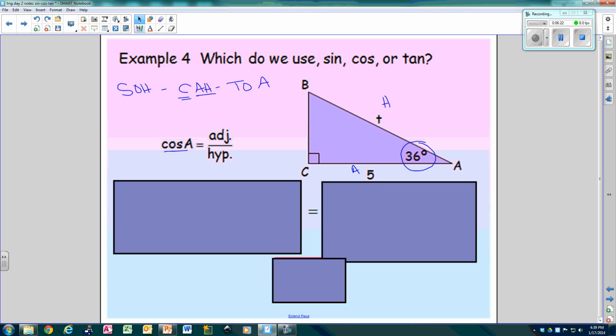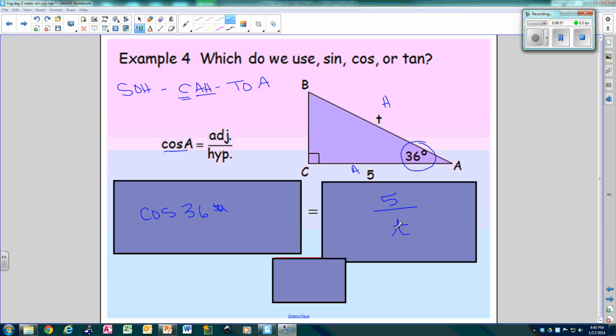Alright, so what I'm going to do here is I'm going to set this up so the cosine of 36 degrees is adjacent over hypotenuse. Okay, so we've got cosine of the angle, so cosine of 36, equals the adjacent 5 over the hypotenuse, which